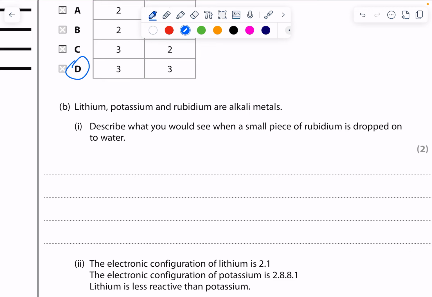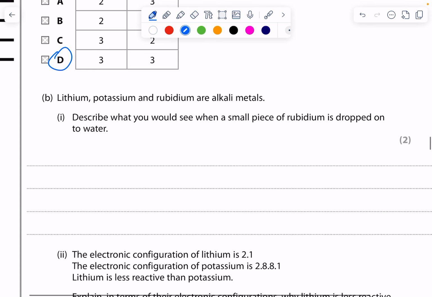Okay, lithium, sodium and potassium are alkali metals, and rubidium. Describe what you see when a piece of rubidium is dropped into water. So if you remember, these metals are all going to react in similar ways, and you will have seen lithium and potassium in class. So what you would get is